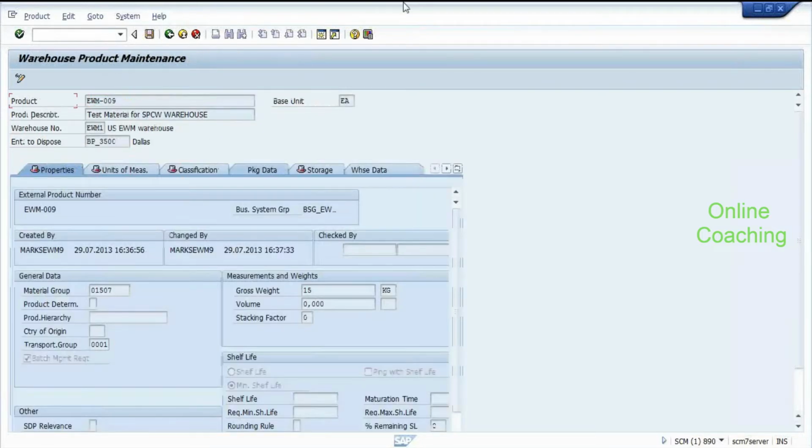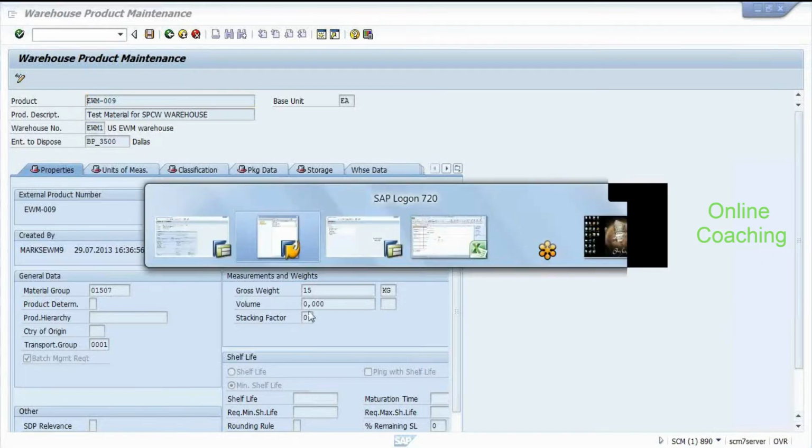Alright. So this is the warehouse product that we have in EWM. Now when you're talking about the same material, when we view the same material in ECC,